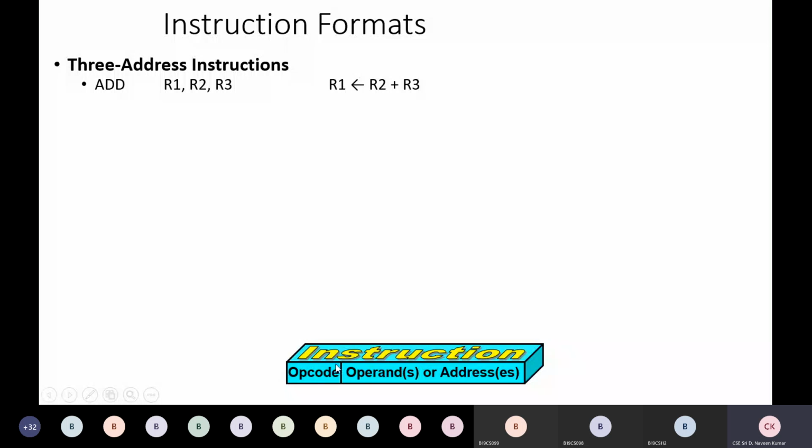One important thing you need to remember is that an instruction consists of an opcode and also operands, or we can say addresses. When I say instruction, an instruction consists of an opcode. Can anybody guess what the opcode can be, looking at this example instruction? Comparing it with this one, what does the opcode mean in this example? This is an instruction example, and this is an instruction format which consists of an opcode and operands.